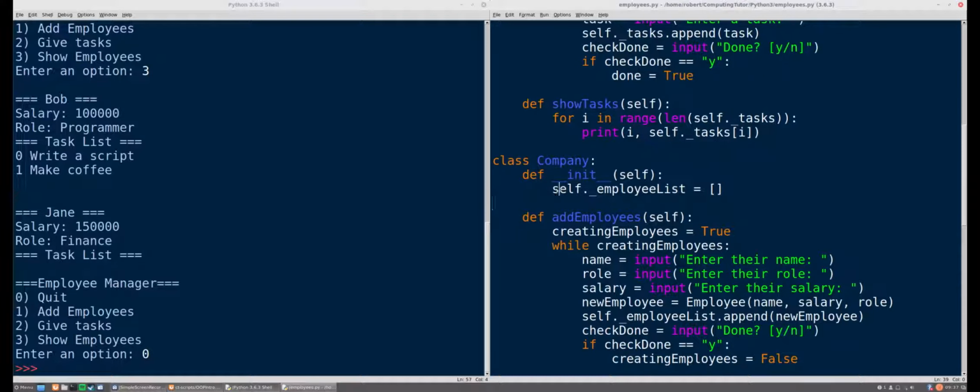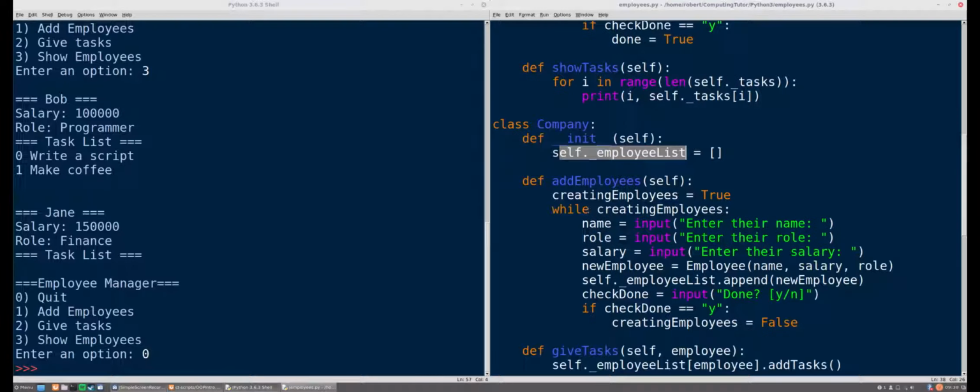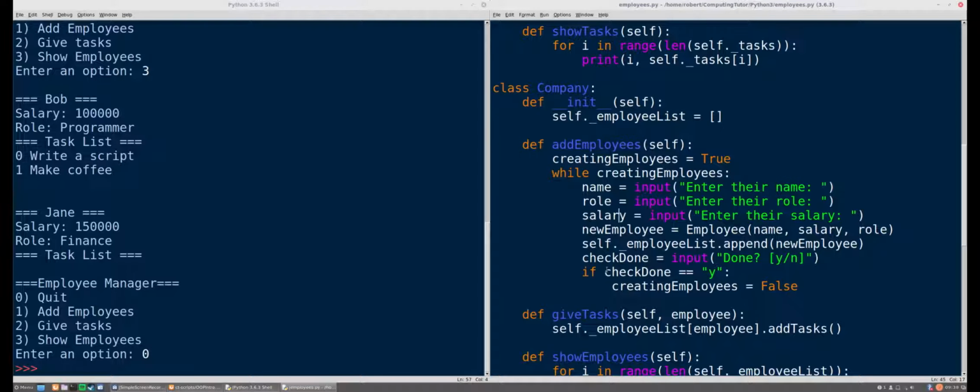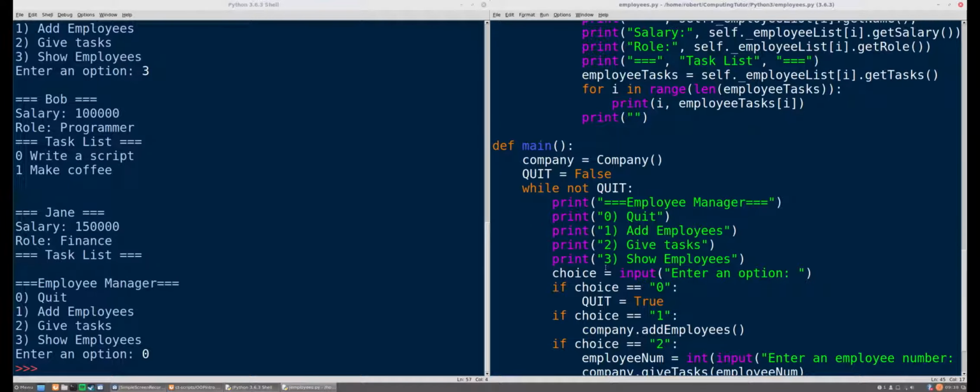So, data stored about a class, an object, is called an attribute or a field. And then we create methods to provide functionality related to those specific objects. In later tutorial videos, what I'll be doing is going through some more complex concepts in object-oriented programming, such as things like